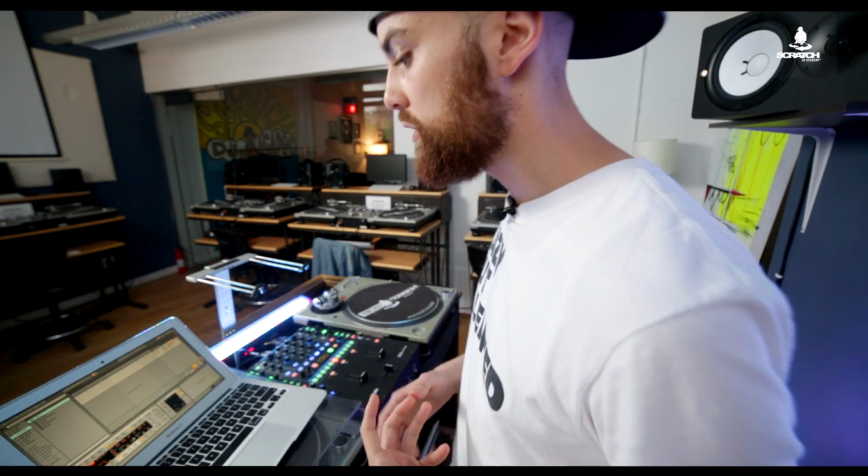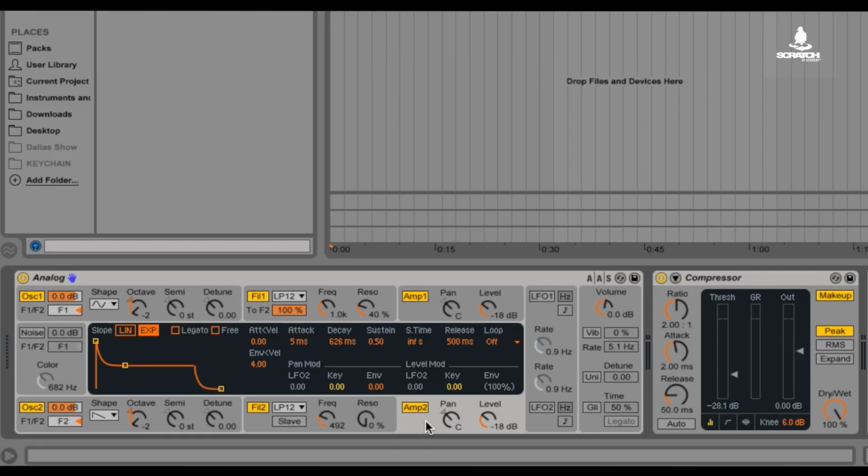We want to make sure that Oscillator 2 is ringing out just as much as Oscillator 1, so we're going to click on our Amp 2, and we're going to match the release point of Oscillator 1 with Oscillator 2. As you can see, we have 4.08 seconds. We're going to do the same here as well. Now if we play these out,